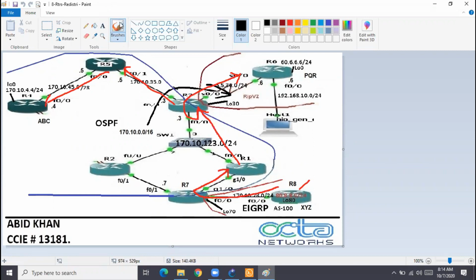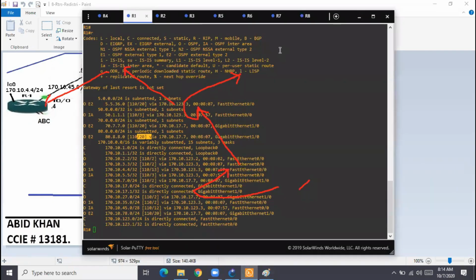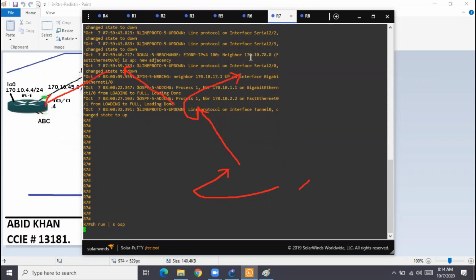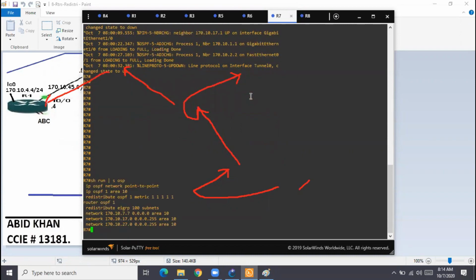Now let me go back to R7. Show run, section OSPF. So this is what I did yesterday, right? I went into OSPF and said redistribute EIGRP AS 100 and subnets.